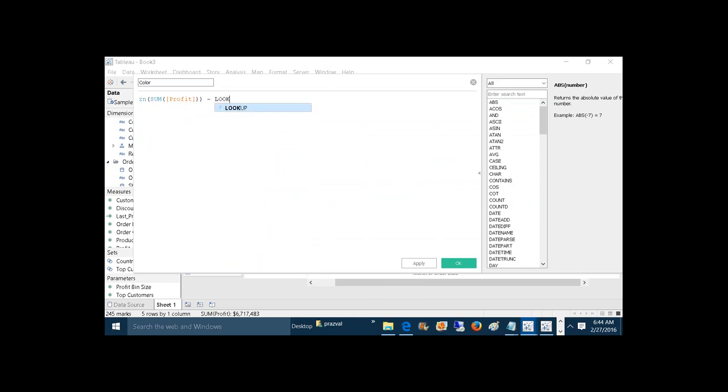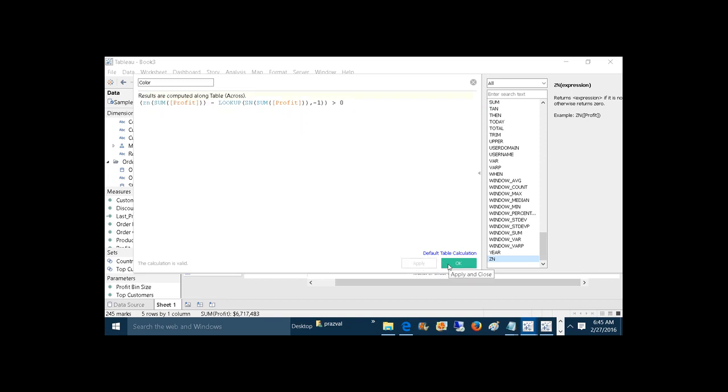To get the previous value, I'm taking the LOOKUP of ZN of SUM of profit, comma, minus 1. Then I check whether the complete difference is greater than 0 or not. When my current profit value is more than the previous value, the difference is more than 0, right? So just click on apply,